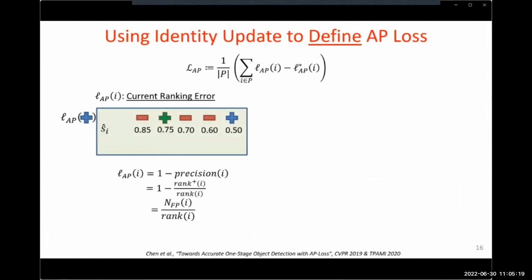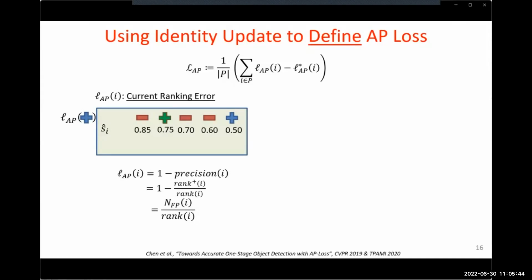Let me introduce how we derive the update with identity update, which includes a three-step framework: defining the loss function, computing the loss function, and optimizing the loss function. In the first step, we define the loss function from the identity update perspective. Namely, we need to define the error value on a single example, that is Li, and its corresponding target, that